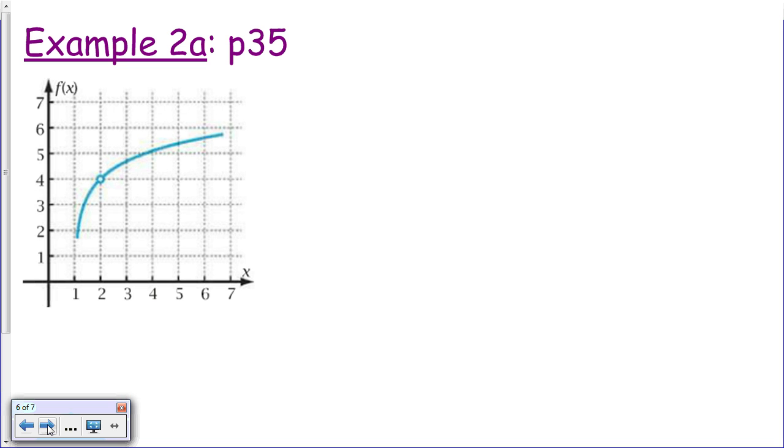You can see that there's a removable discontinuity on this function at 2. And the question is, what number does the limit as x approaches 2 of f of x equal? All right, so let's write that out. The limit as x approaches 2 of f of x is equal to,